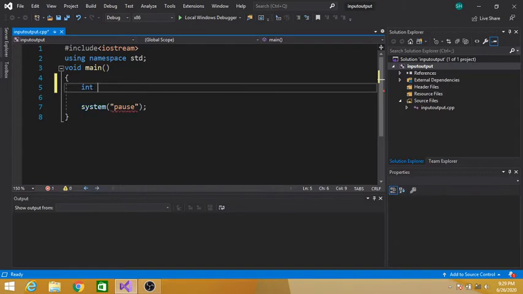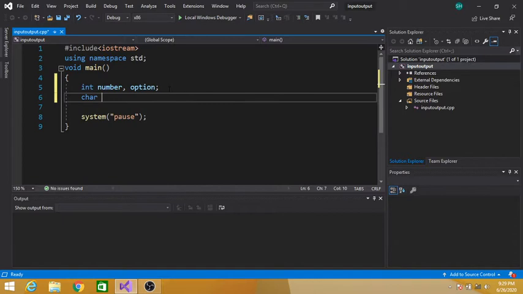First, I have to declare three variables: number, character letter, and option. The number variable is used to input a number from the user so that we can convert that number into a character, and this character variable we will take as input from the user so that we can convert that letter into a number.